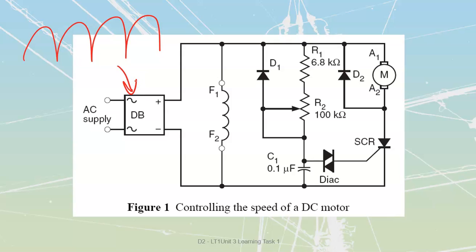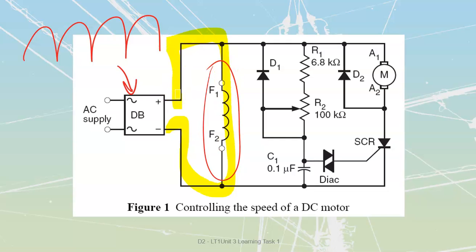I'm going to have this bridge. It's a DB, which stands for diode bridge, that I'm going to have over here. That's going to give me a pulsating value of DC out. Then I'm going to take that DC and use it to do a couple of things. I see that my DC is going to give me permanent magnetization across the field. I go through this one way more in depth in your A6 or electronics. Go back to your week number 5 if you need to, and take a look at the video again on the DC speed controller. But I'm going to have constant power placed through here,